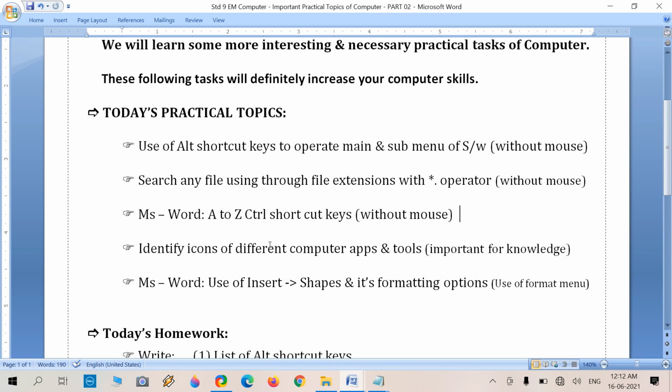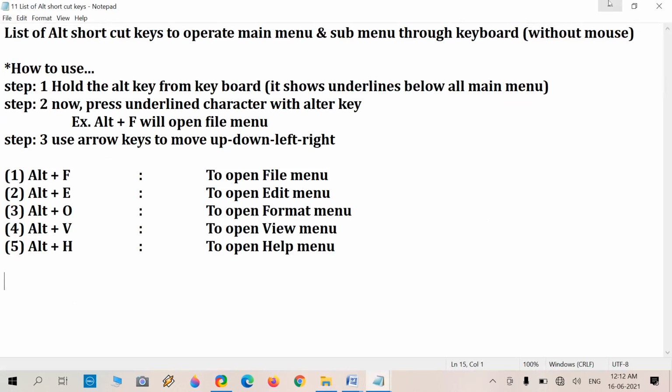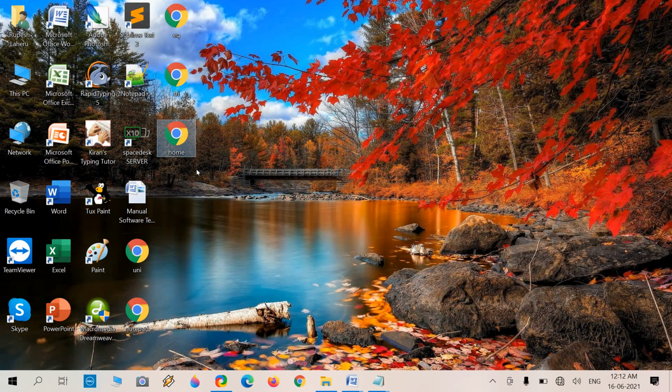We can easily find any specific file by identifying the specific icon of your software or application. Here we have this kind of icon: this is a web browser or Google Chrome icon, or there is Paint, Excel, Word, PowerPoint, or else My PC, This PC or My Computer.